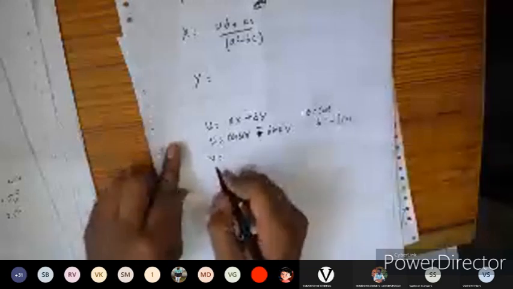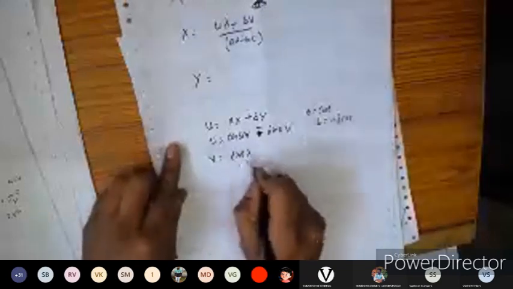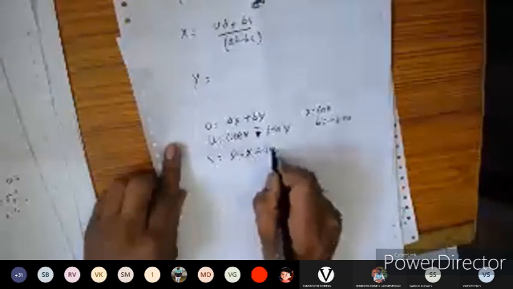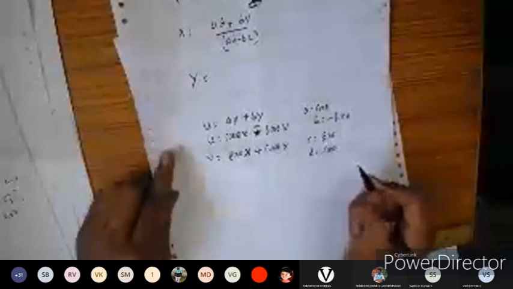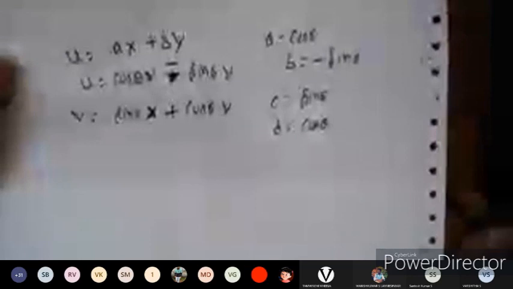So similarly, in place of c, we are going to have sin theta. Okay, sin theta x plus cos theta y. So we are going to substitute c is equal to sin theta and d is equal to cos theta. Okay, so in this transformed random variable, that is ud plus bv, what you can do is substitute d is equal to cos theta, b is equal to sin theta. You can see here these are the substitutions you are going to do.